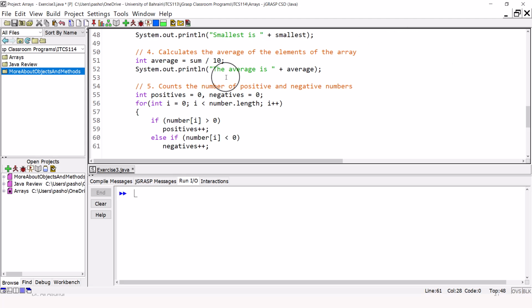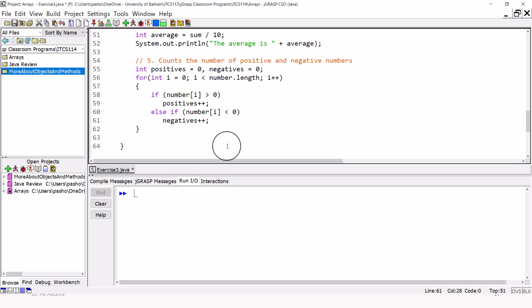Notice that for the if after else, this is compulsory. Why? Because maybe the number is 0. So if the number is 0, we should not consider it as negative if we ignore the if. This will find the answer, and now we need to display the result on the screen